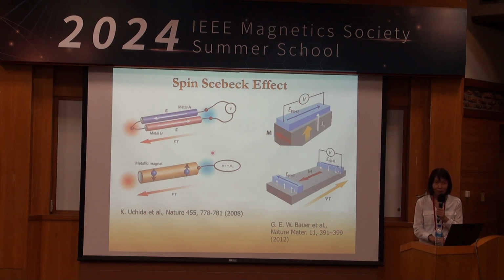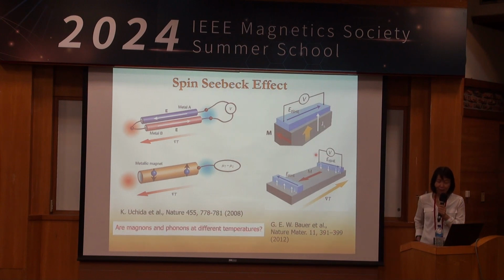There was a lot of controversy following the early work, and I would say the longitudinal spin Seebeck effect in insulators is the most well established. I think we have some experts in the audience who spent far more time than I did on this particular problem. But what I wanted to do with you is to appreciate, think about how we even define temperature. This spin Seebeck effect is in principle a non-equilibrium phenomenon.